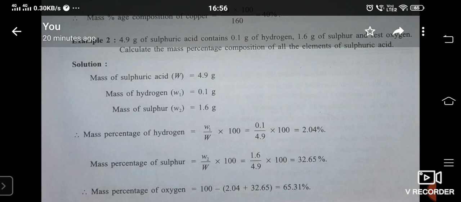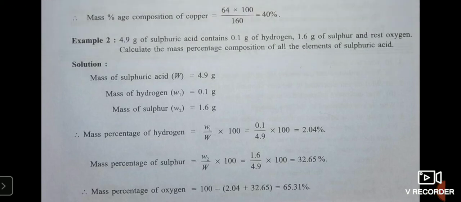I believe, students, that the concept is very clear to you. In the next lecture, we are going to discuss some more questions and answers on calculation of mass percentage of an element. All right. And tomorrow you will get the assignment based on balancing of chemical equations. You have to convert some word equations to chemical equations and then balance them, so that the practice is taking place. And 4 or 5 questions based on calculation of molecular mass of a compound, and 4 or 5 questions based on calculation of mass percentage composition of the elements in a compound.